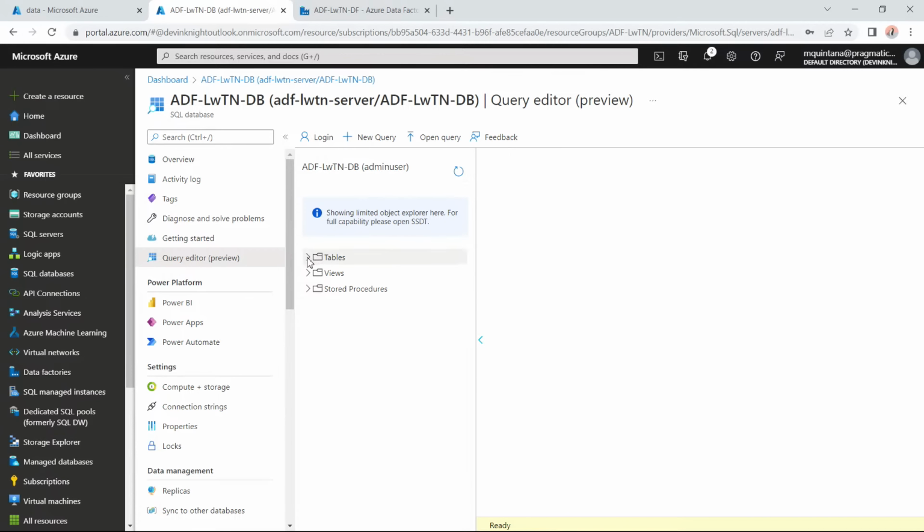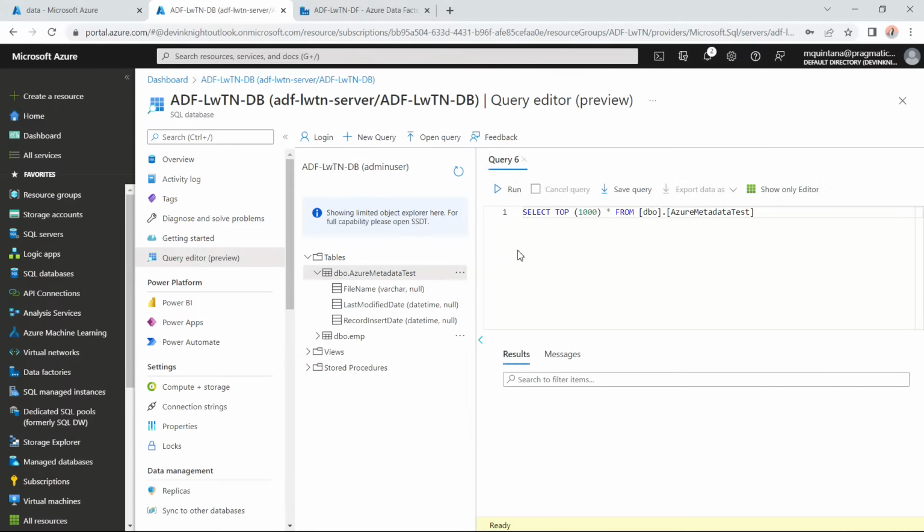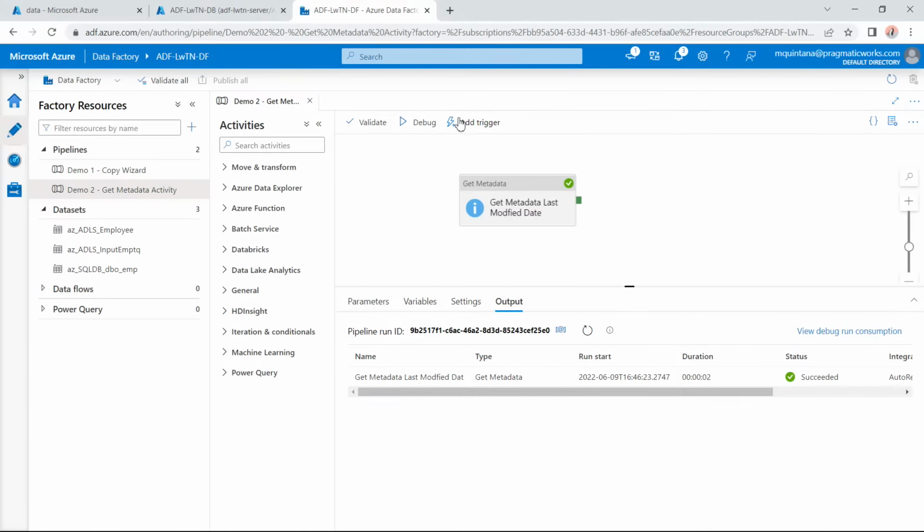If we refresh it, Azure Metadata Test is now here, and you can see there's nothing in it, just so we can validate this. There's nothing in there right now, but when this is all said and done, hopefully, we will have it in there. So let's take a look, and we're going to get introduced for the first time into our actual expression